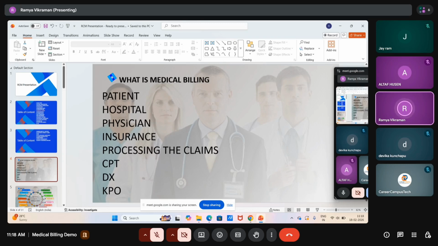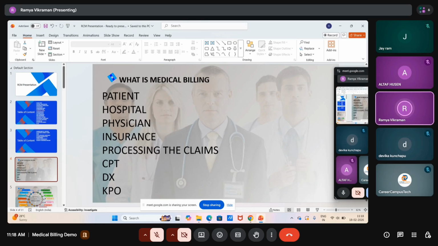So why has it been outsourced? Why was it not maintained in the US? There are three vital reasons why it has been given to us. Especially when it comes to the doctor, it is geographical time. When we are in the day, the US is in the night. The doctor wants to do the work on the same day. For example, the doctor will be seeing patients in an 8-hour shift.